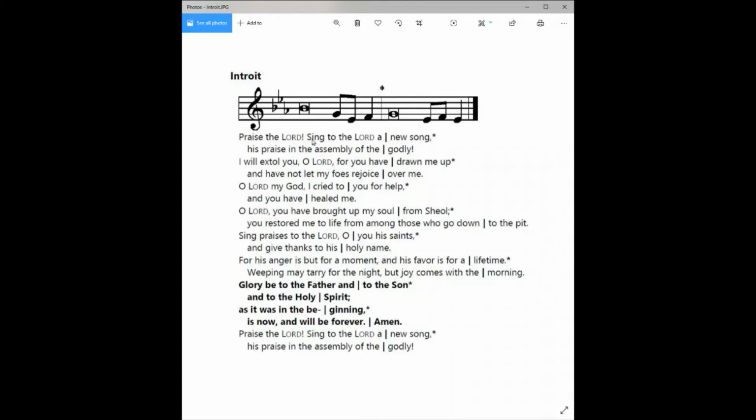So "Praise the Lord, sing to the Lord a new song" follows these first four notes on the left side of the music bar. Similarly, "I will extol you, O Lord, for you have drawn me up" fits with the notes on the left. By the same token, all of the notes on the right side of the asterisk fit with the indented portions of the text. "His praise in the assembly of the godly," and likewise, "and have not let my foes rejoice over me," will all follow the notes on the right side of the asterisk up here. So that will help us tremendously, and we'll work through that in just a second, but there's another thing worth